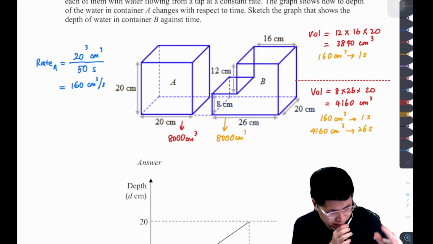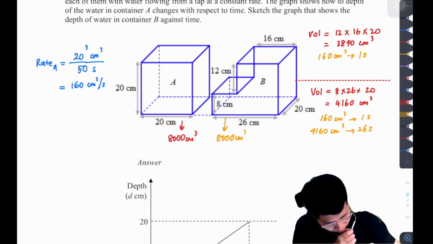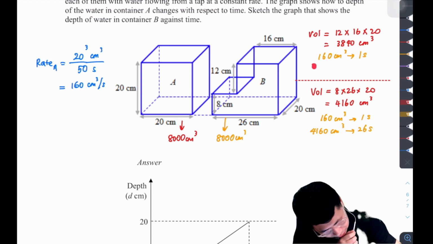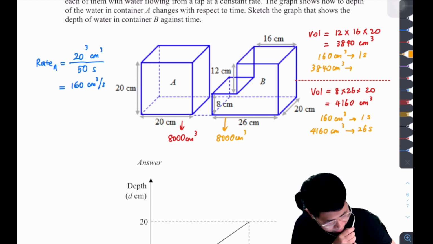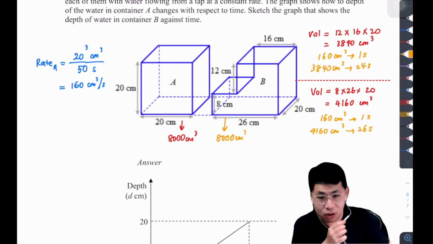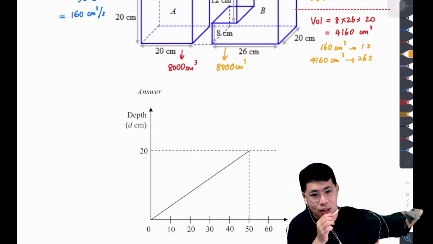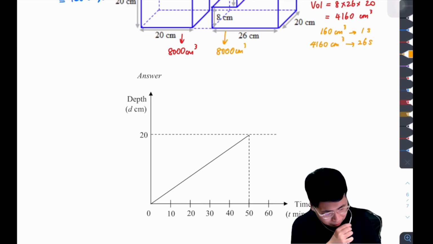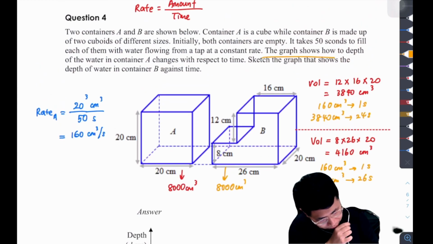Okay, so 160 cm cube is equal to 1 second. So here we have 3840 cm cube. Now let's do a bit of math. You should take out a calculator and you should find that this is 24 seconds. Okay, so over here, this one that's being plotted here, they say that the graph shows how the depth